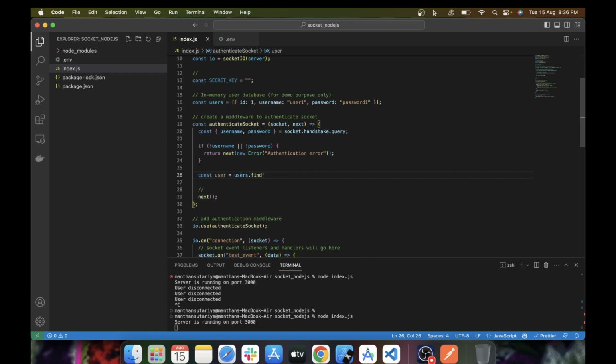If the username and password are empty from the query parameter, then just throw an error, and if they are not null, then find the matching user from our users array.